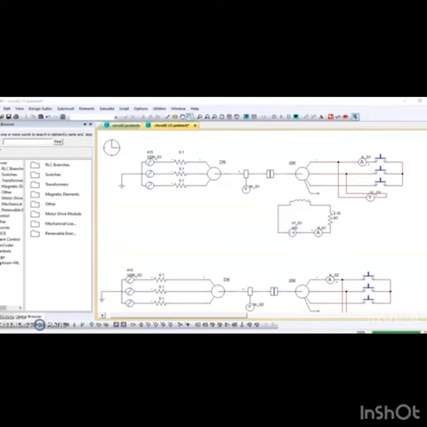I'm going to present about DEXI, which is parallel operation of synchronous generator. Firstly, I will present about parallel of three-phase synchronous generator under no load condition. Firstly, we construct this circuit